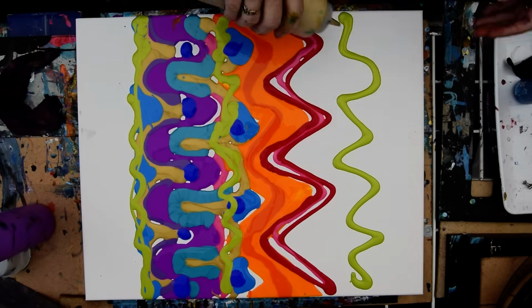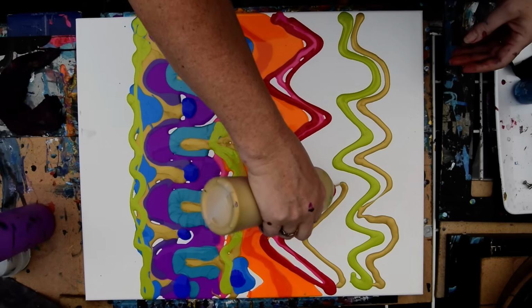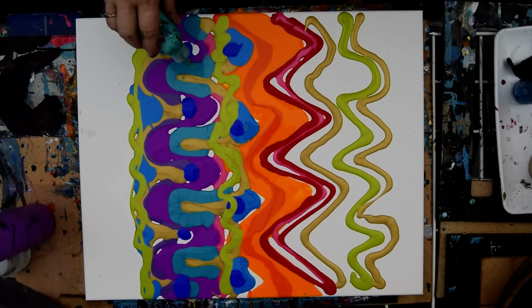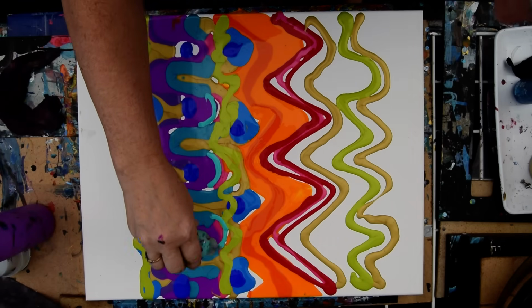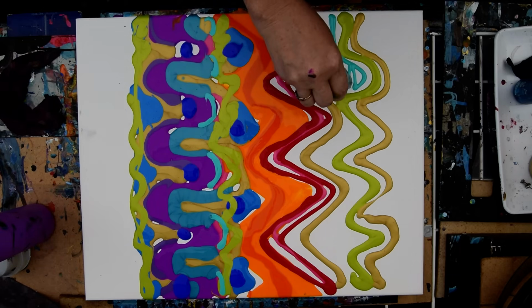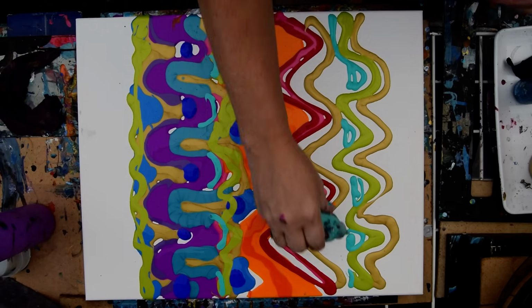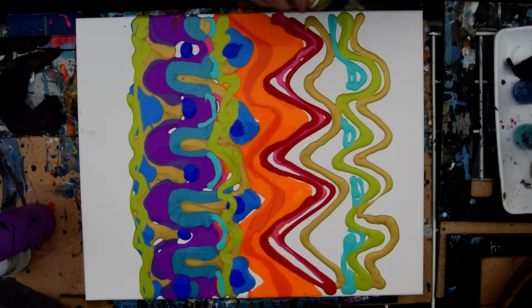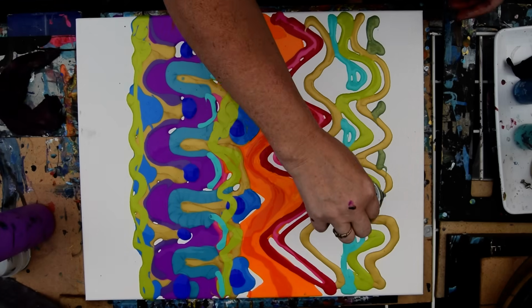I'd like this to be as fast as the other one. That would be pleasant. I'm just following my instincts and enjoying the day. What do I need? I don't know. Maybe some more of this green. And then I'm going to be tempted, I gotta tell you, to put some darker blue in this one,